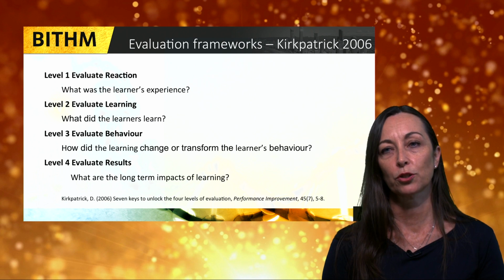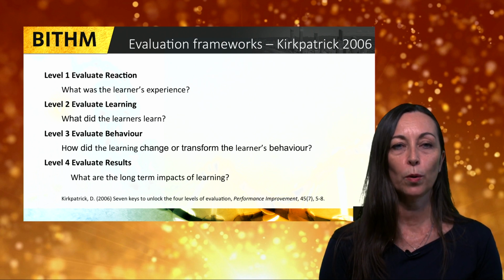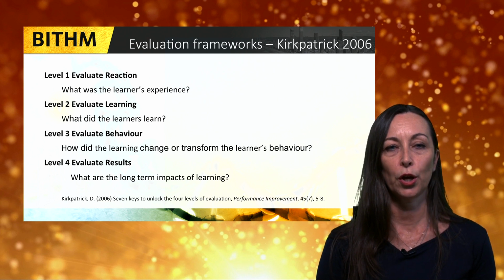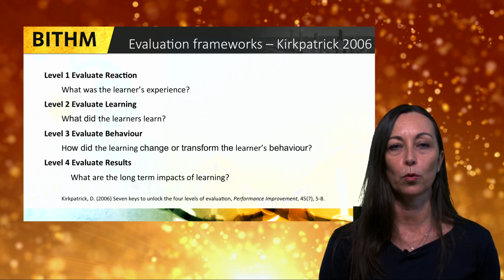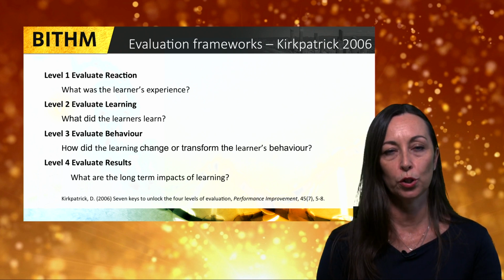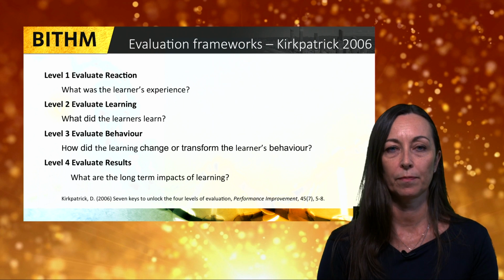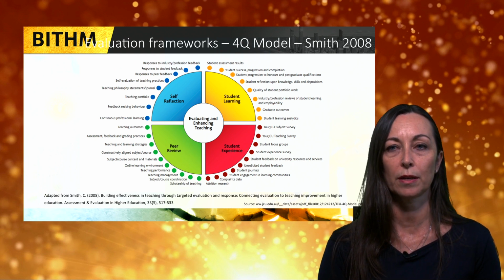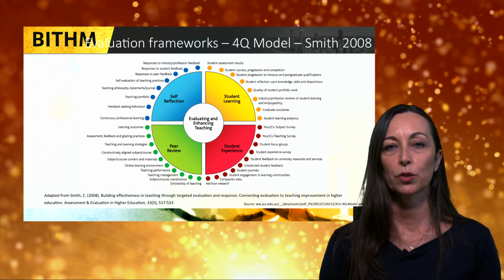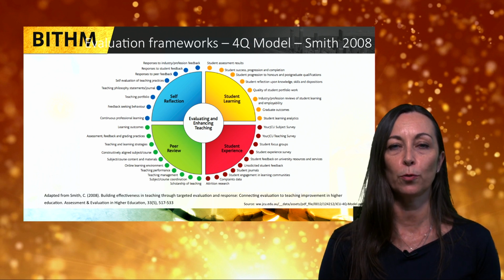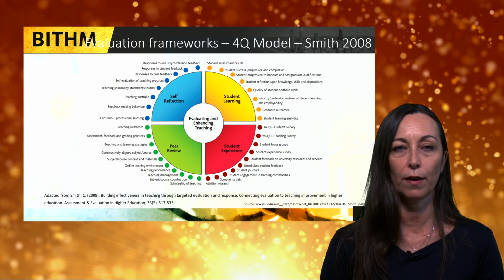There's also Kirkpatrick's 2006 model, where we're looking at different levels of evaluation. So we can evaluate reaction, learning, behaviour or results. And it depends on which one you'd like to evaluate, or do you do all 4? Are they appropriate? There are other evaluation frameworks as well, such as the 4Q model by Smith in 2008. And this talks about looking at self-reflection, student learning, student experience and peer review as the lenses to evaluate your